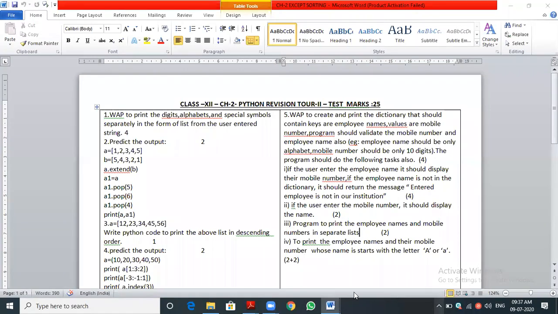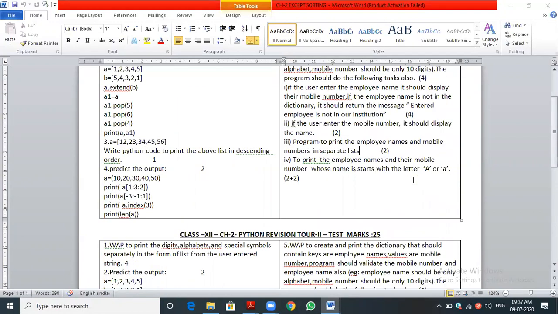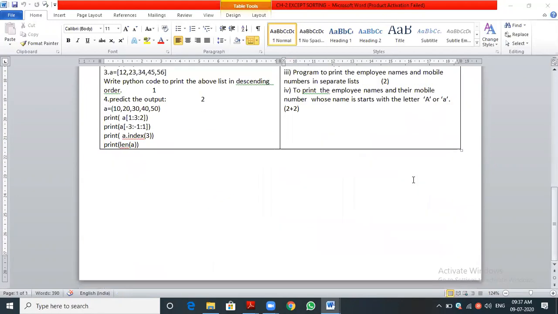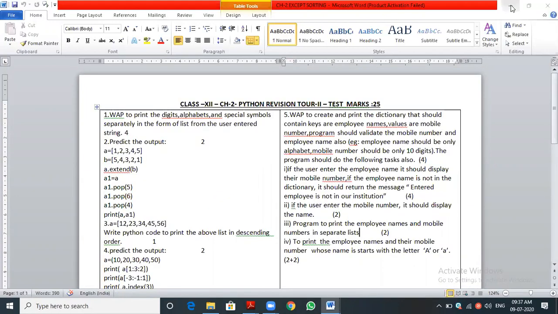I think you need more practice in dictionary, not only for everybody, I'm saying, isn't it? Students, isn't it? Yes, sir. Prepare, concentrate more on dictionary, because the questions will mostly be asked from the dictionary part. That is a very important concept also. These are all the previous tests which were conducted last year.